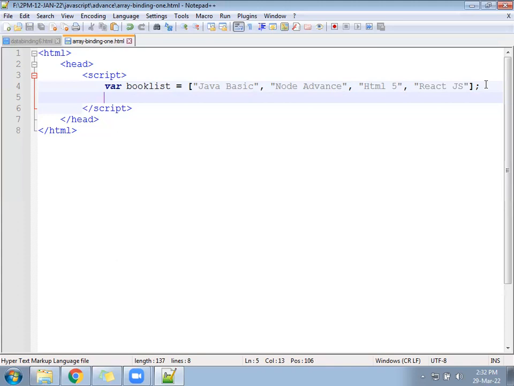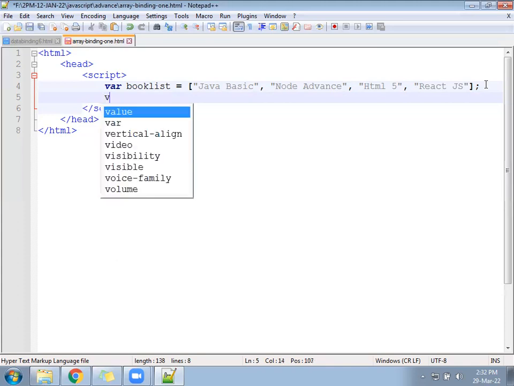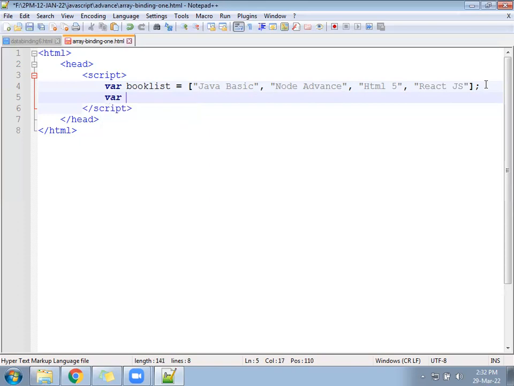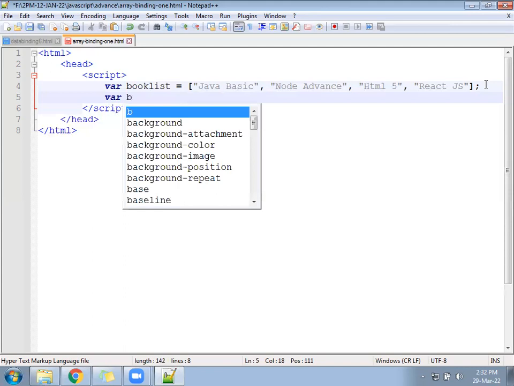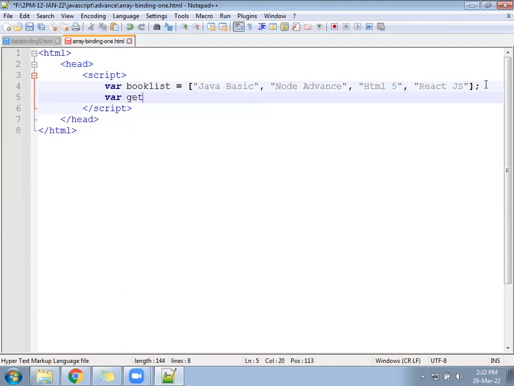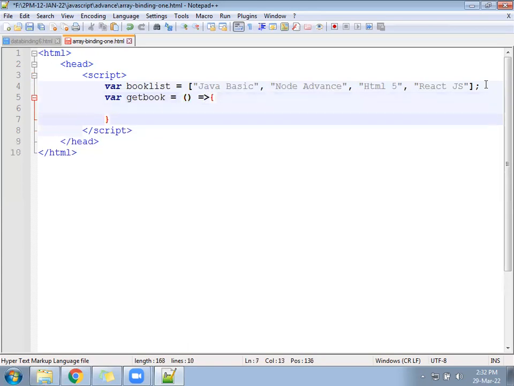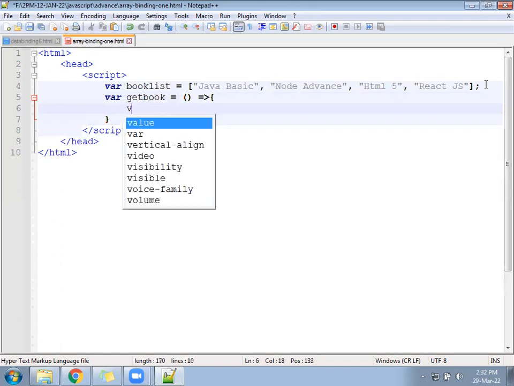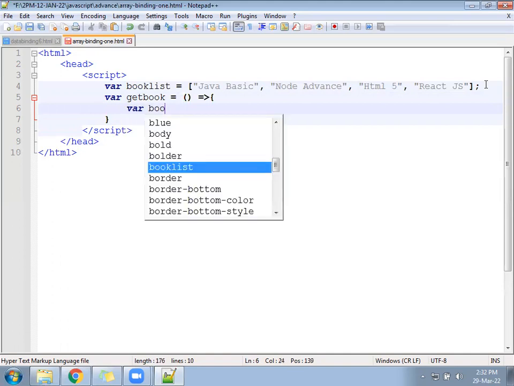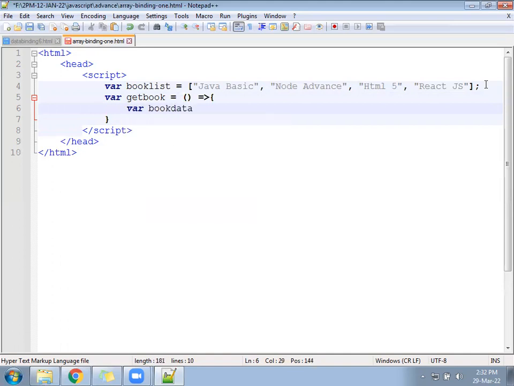Let's go next. Write a function, get book. We can write inside a variable book data equal to empty.